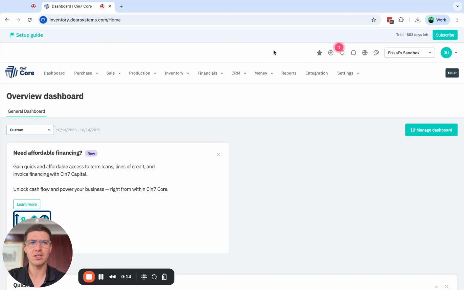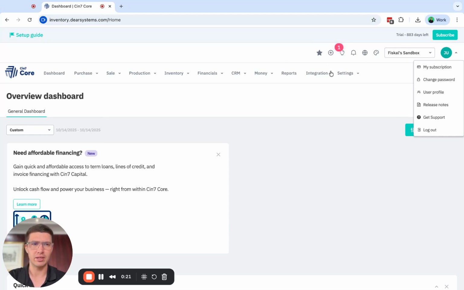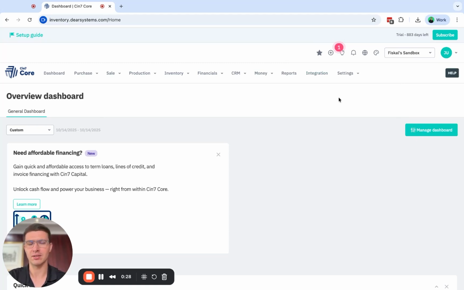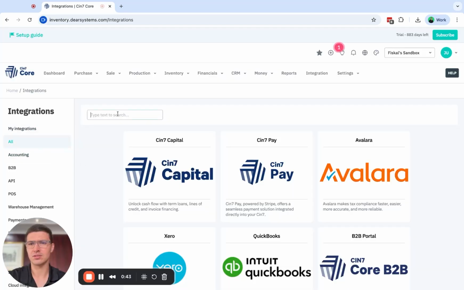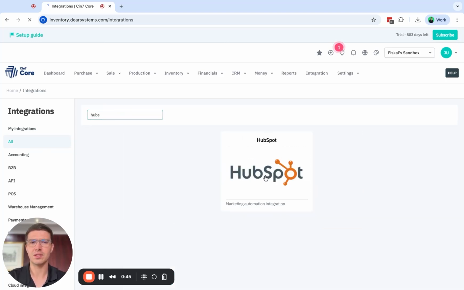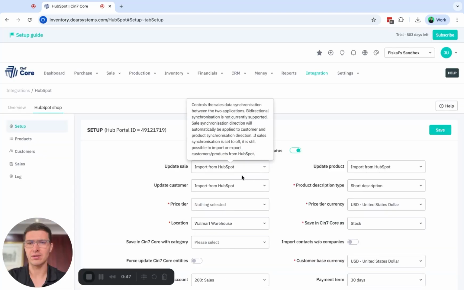So the first thing you'll need to do is make sure that you actually have the HubSpot integration as part of your subscription. It is an add-on. You can do that by clicking on your username here in the top right, clicking on my subscription and adding the HubSpot integration there. I believe it is also currently available for a short trial period, and you can activate that from the integration screen. Going into the integration screen, you can click on integration, search for the HubSpot integration, click on the integration,